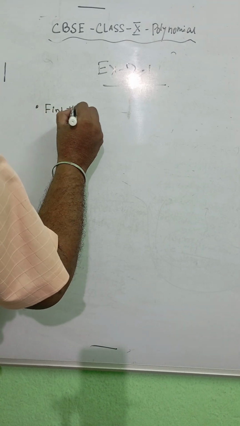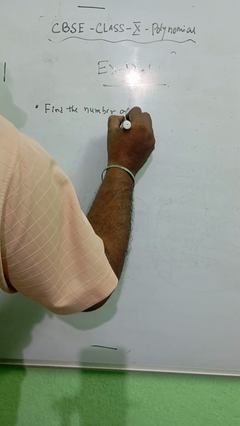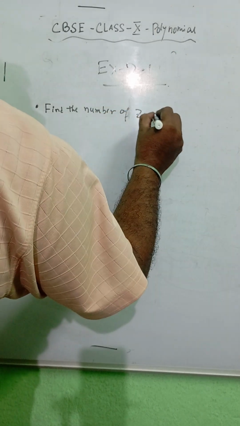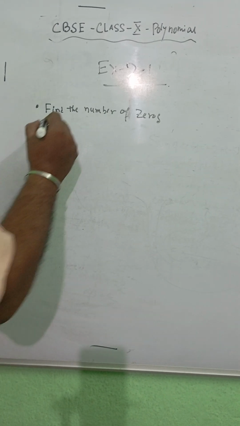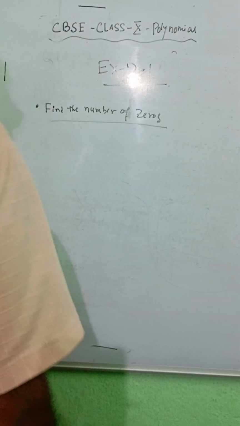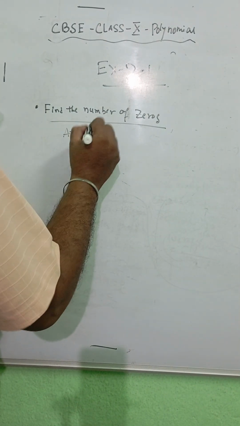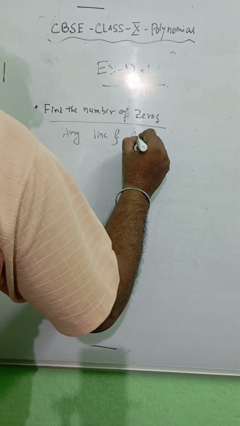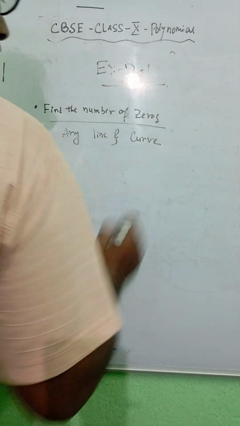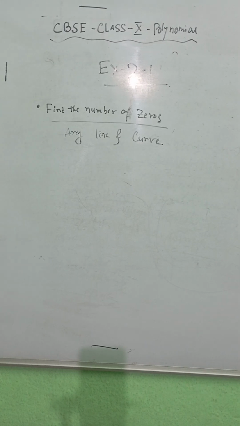Find the number of zeros. Number of zeros means any line or curve